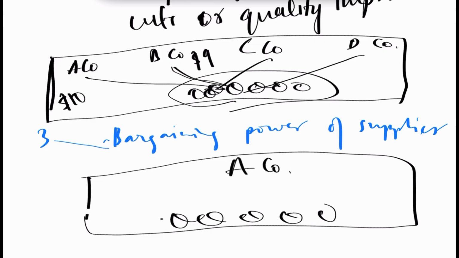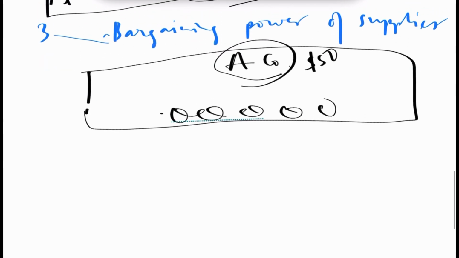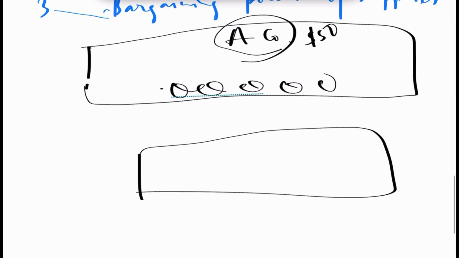So here the supermarket, that is A company, the supplier, has the bargaining power. Because if A company is charging $50 for a product, and in another area B company is charging just $40